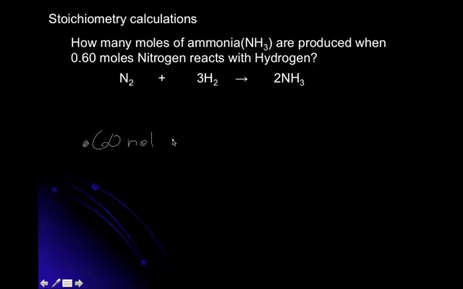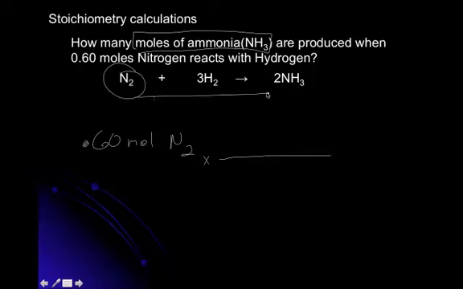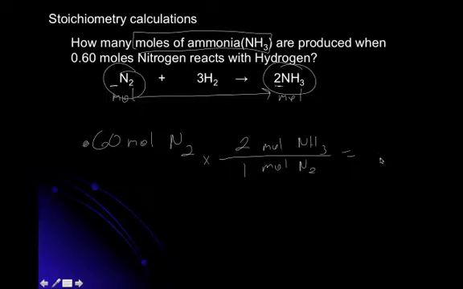So if we have 0.60 moles of nitrogen, and we want to know how many moles of ammonia, then we will simply use the mole ratio between nitrogen and ammonia. Remember these are moles, this many moles and this many moles. And so we'll put the moles of nitrogen on bottom, and we'll put the moles of ammonia on top. And the ratio here is 2 to 1. So if you do 0.6 times 2, then you get 1.2 moles